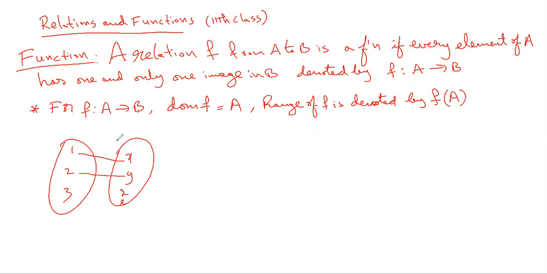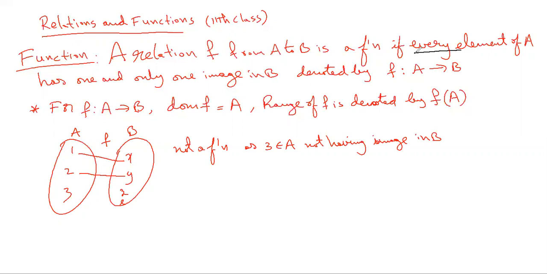This is not a function, because 3 belongs to A, not having an image in B. So if you split this definition into two conditions,